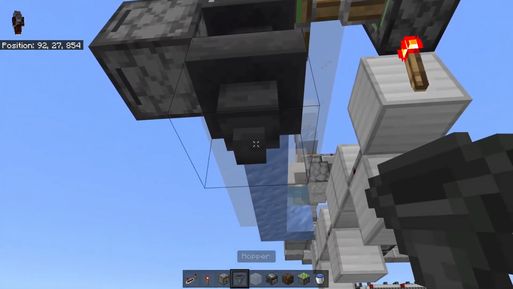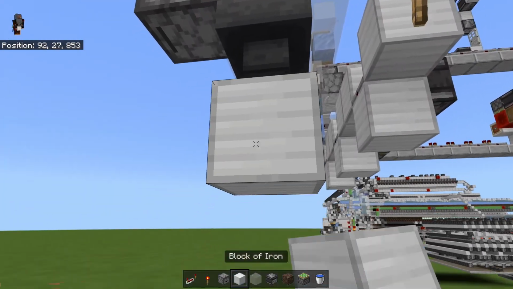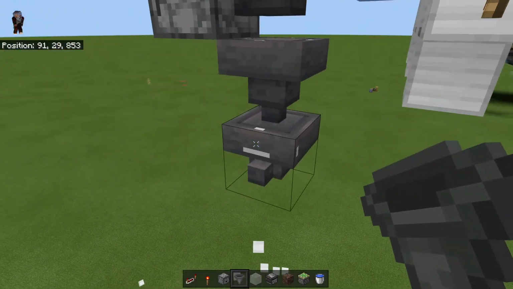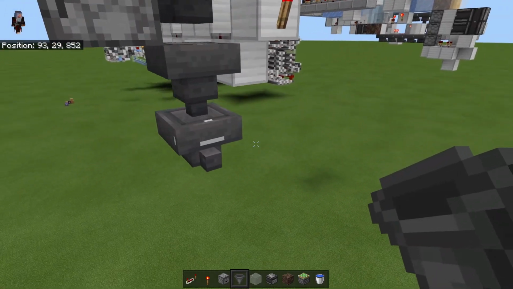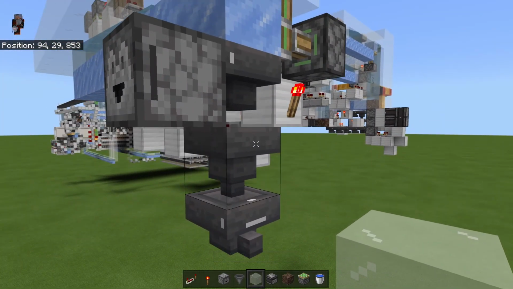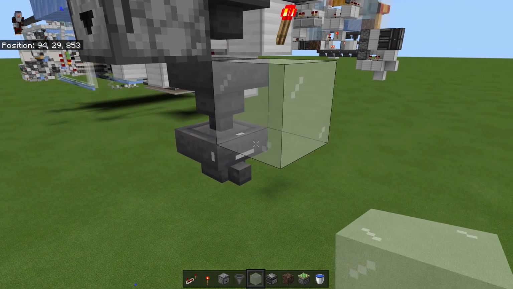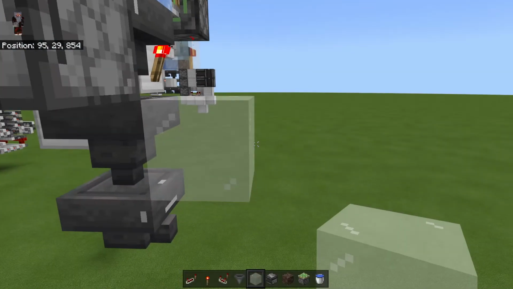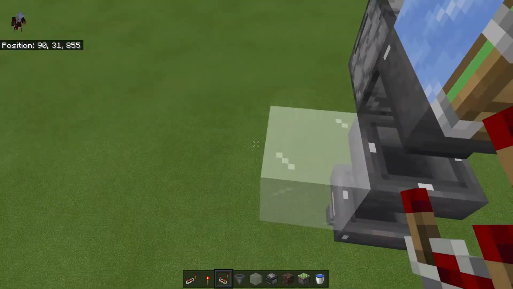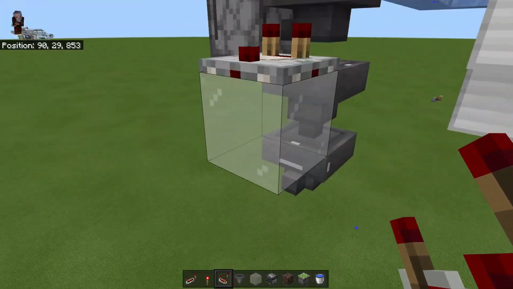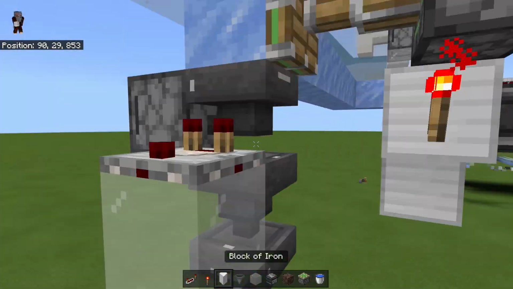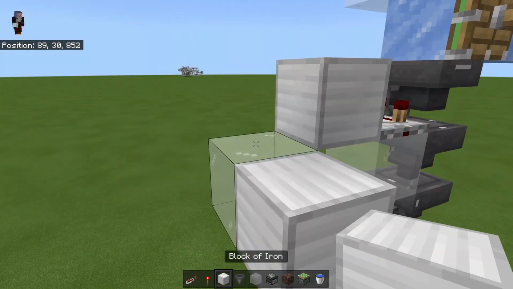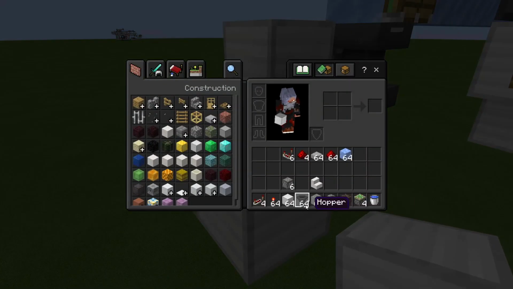A hopper going down, and I'm going to just put a temporary block there, and a hopper going forward, just like this. We need to have a glass block here, glass or slab, it doesn't matter which one you use, with a comparator on top of that, going into a solid block, going onto slab or glass, doesn't matter which one, with dust on top of those,